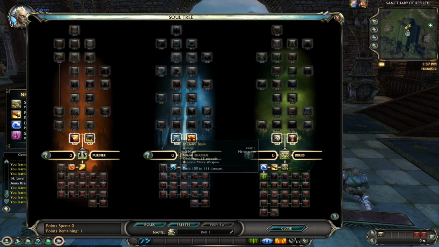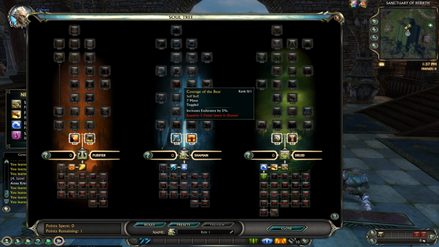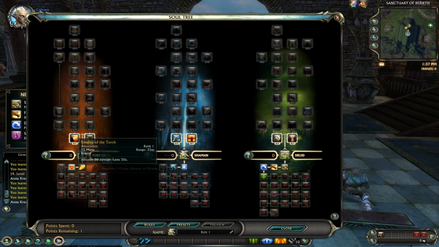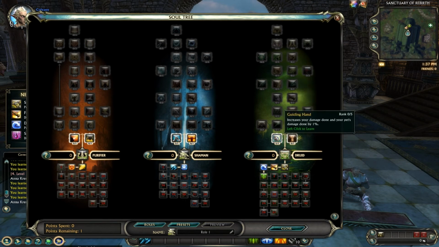Every soul has a unique ability that it grants at 0 points, which can be very useful. So maybe if you just want to spend points in Shaman and Druid to further increase physical damage, you can also have 0 points in Purifier, which will also give you a shield that you can use, which is pretty cool, an absorb shield, so that'll give you further survivability, etc. There is a lot to play about with,